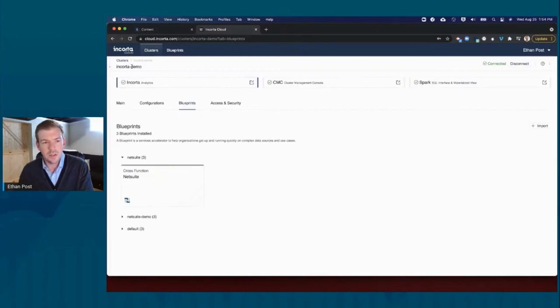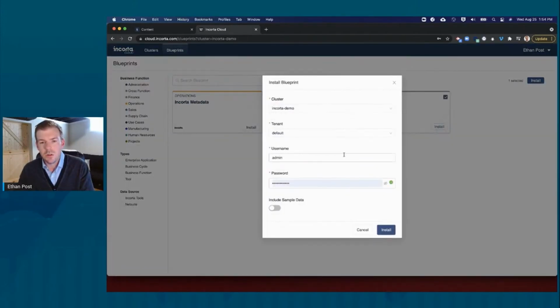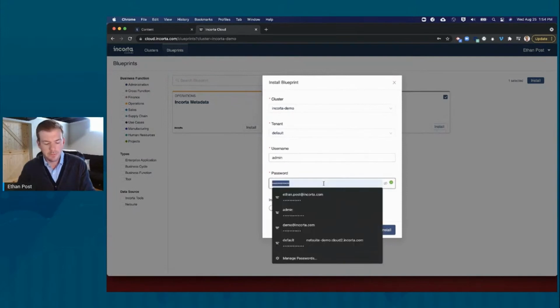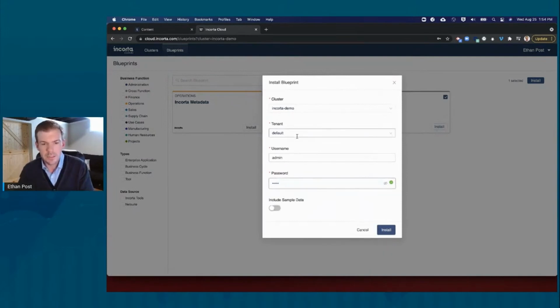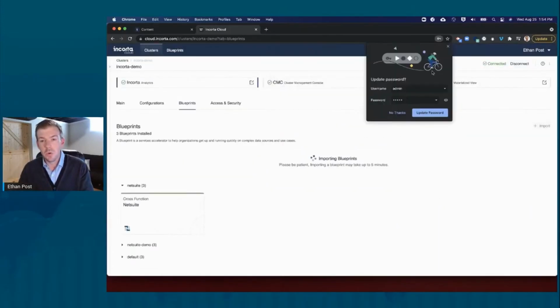So what I can do is look at this Incorta demo cluster, which I own in our Incorta Cloud admin portal, click on import, and install this NetSuite blueprint in real time, right? So I'm going to enter tenant name, username, and password, same as I had before. And I'm going to keep import sample data off because I'd love to show you how easy it is to not only import the model itself, but in real time go out and actually load that data